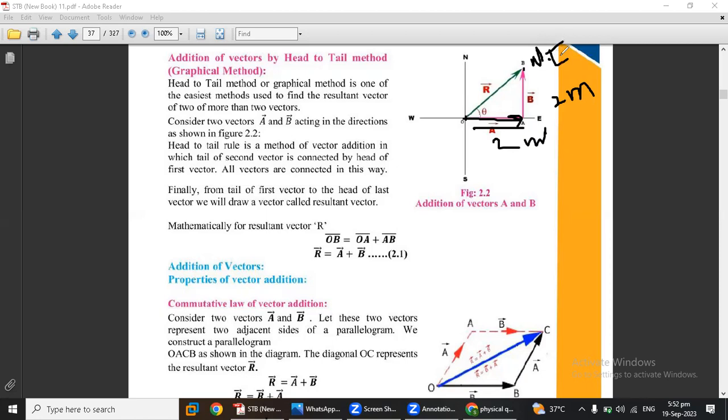North की तरफ होता, so its direction would be like this. उसकी direction इस तरह से होती है, but that direction is not like this, which means कि उसकी direction northeast में, तो 2 मीटर northeast की तरफ ड्रॉ किया। अब हमने इनको प्लस करना था, तो हमने पहले A ड्रॉ किया, फिर B ड्रॉ किया, और जब B ड्रॉ कर लिया तो रिजल्टेंट वेक्टर जो मिलेगा C की सूरत में या फिर R की सूरत में, that will be when we join the tail of the first vector with the resultant vector and the head of the last vector। क्या करेंगे, अब जो वेक्टर मिल गए थे उनकी टेल की टेल और हेड के हेड से ज्वाइन कर देंगे।